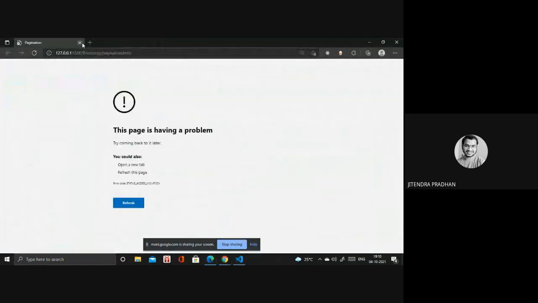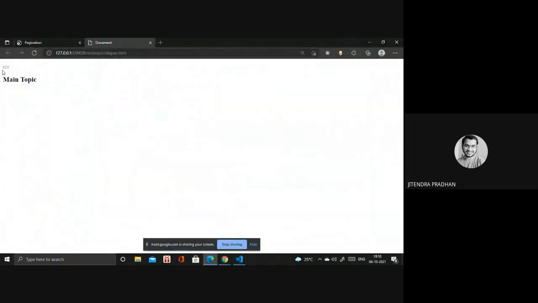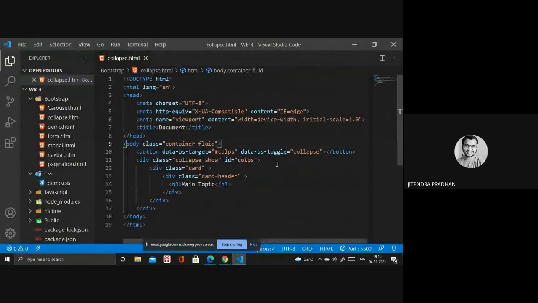Okay, the button and main topic are created, but we need more things. In the button I need a name inside.